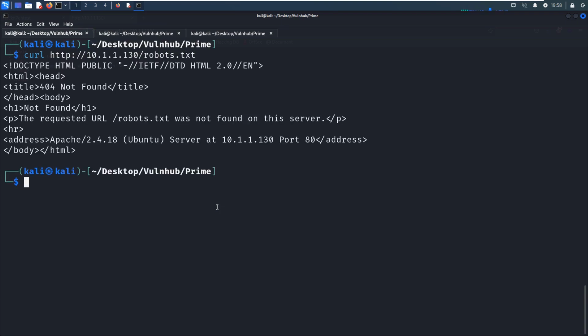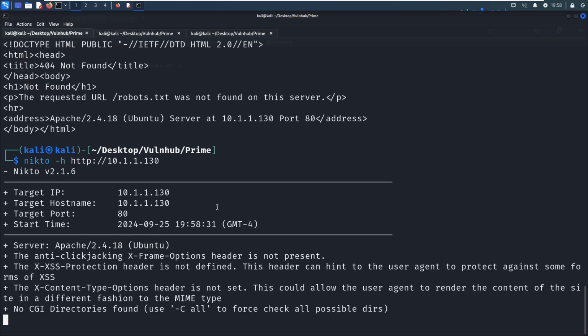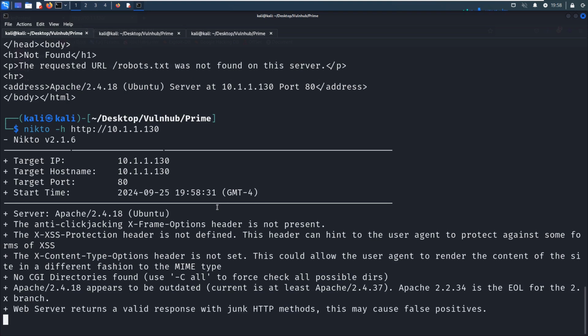Robots, but not found. Next, we can launch Nikto to do the automatic enumeration. The header information, and also the valid response with junk HTTP methods. This may cause false positives.